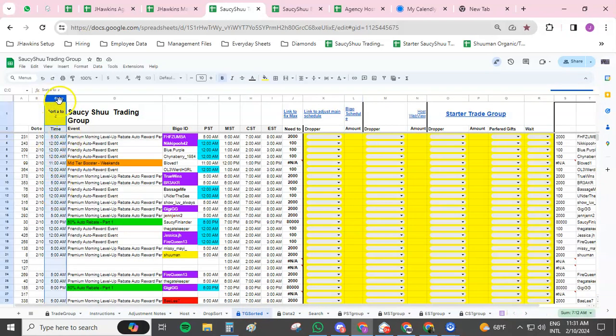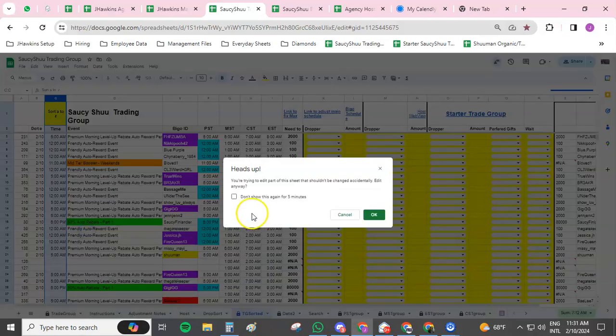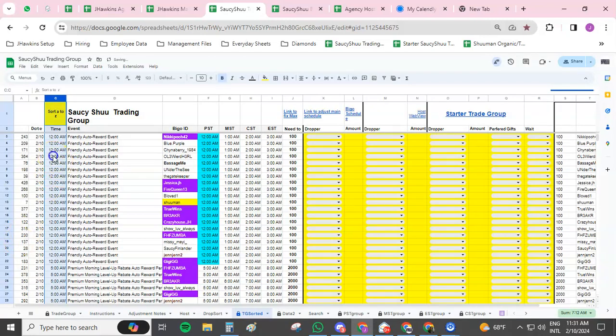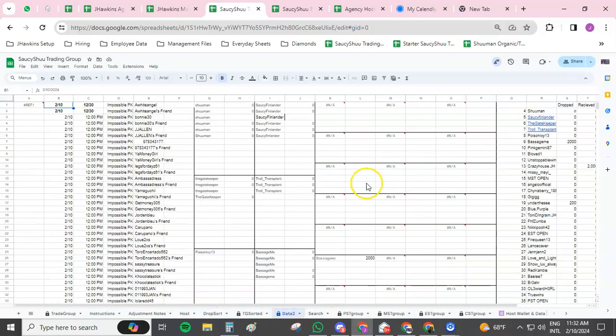We can highlight this column and sort it A to Z. The trade group is only done by one day, so we don't have to do the date. Now, this part is important. I'll show you the error which causes it first. Basically, anytime there are errors on my sheet,